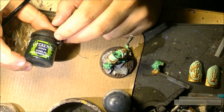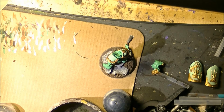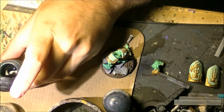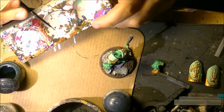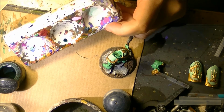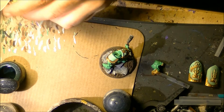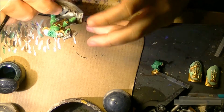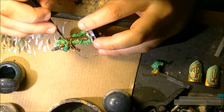Coelia Greenshade. There are 3 washes for green, and this is the one that is, let me put it here and I will show you the color, the one that is a little bit bluish, as you can see here. So this is the one I will use to do the wash on the armor,